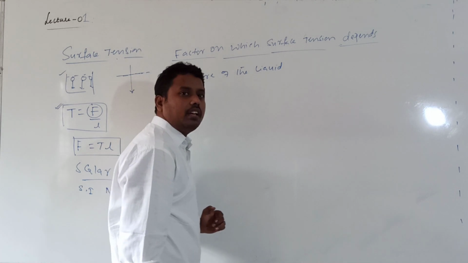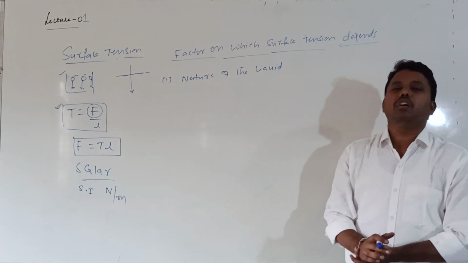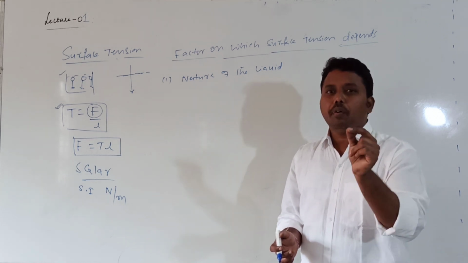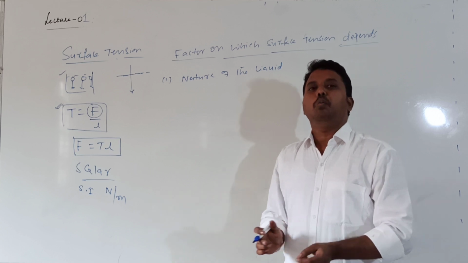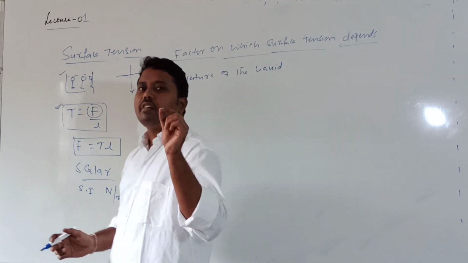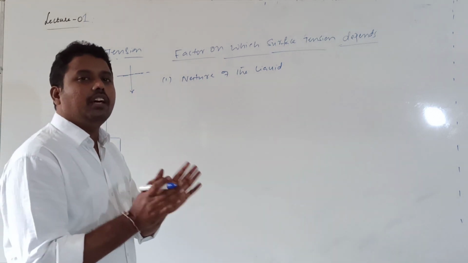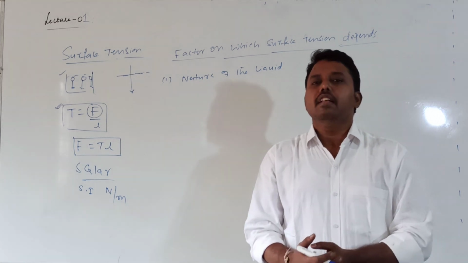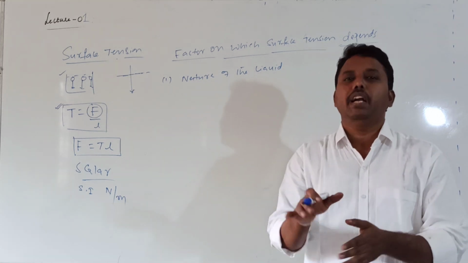Generally, take water. Whenever you take water on a glass, it will spread over the glass properly. When you take a mercury drop on a glass slab, it will not spread over. Why will only water spread out? Why does mercury not spread out? It means the surface tension of water is less compared with the surface tension of mercury. So the surface tension value, which is less for water, lets it spread over.